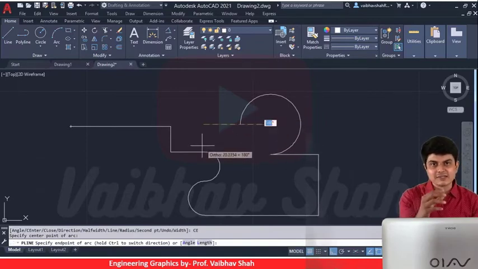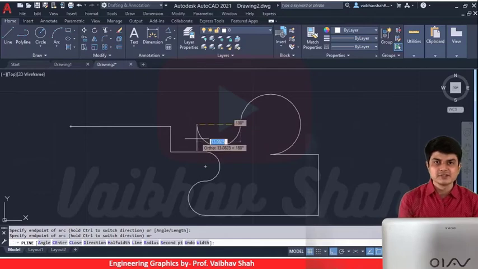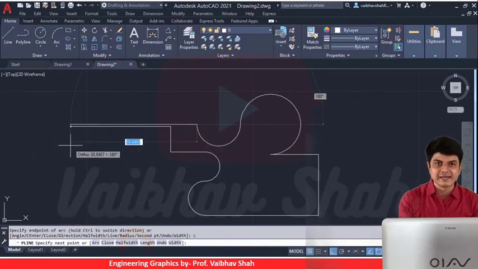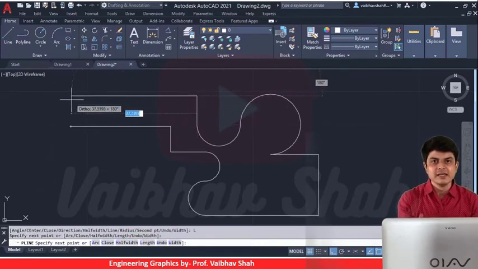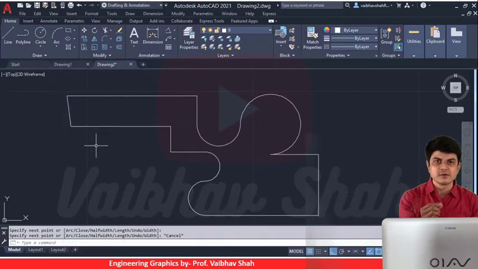Then once again let us generate the arc, so we'll be generating another arc from this curve. So let us generate arc. Now we need to draw the straight line, so let us go to the command line and let us select the straight line. Now let us draw one vertical straight line and click somewhere arbitrarily, and let us draw horizontal line and let us close the object. This is nothing but what? Your polyline command. Very easy.